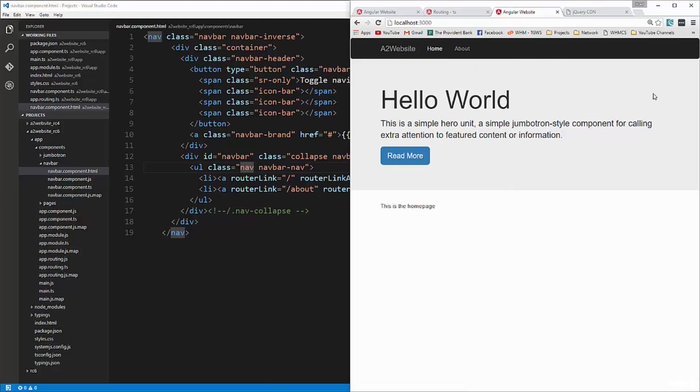So we have successfully updated from RC4 to RC6. Now until the updated version of all the videos in the course are done, I would suggest taking what you've learned here, taking app.module, as well as the new routing system, which are both actually easier than the previous version. I would take that and apply them to your projects, and I will include all of the updated versions of